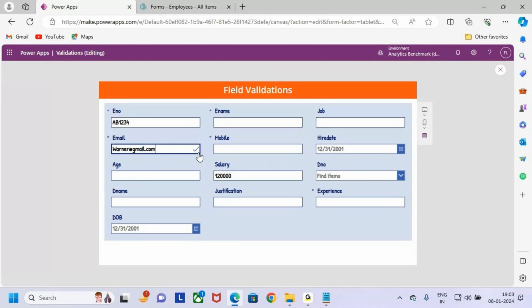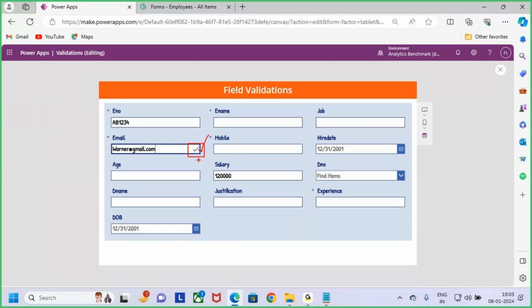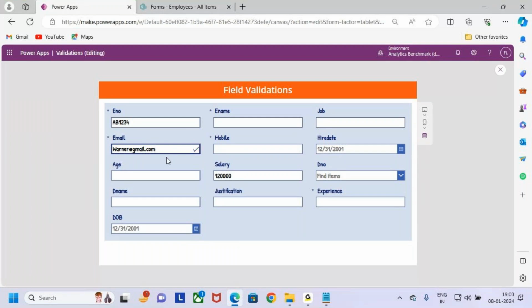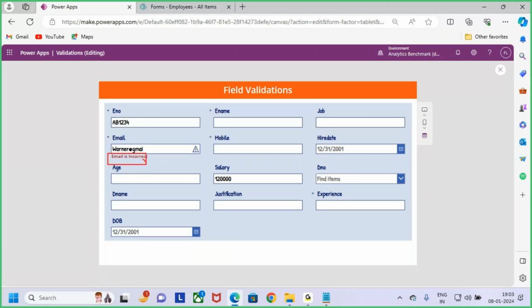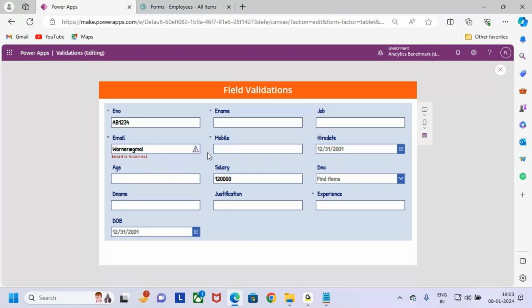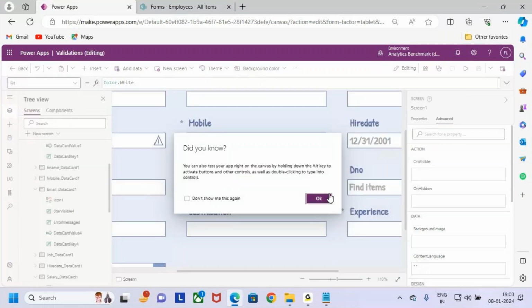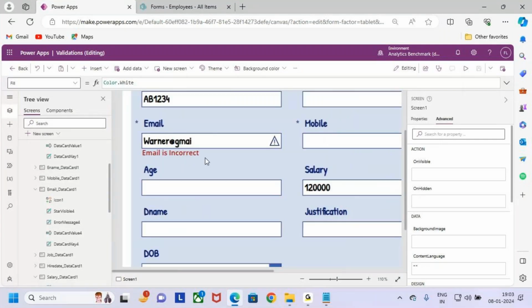So this is another type of validation. By using this check icon, you are able to perform it. Whatever code I am writing for this error message, the same code I am writing for this one also. And there is one more way where you can perform the same validation. So what is the other way? Now see,